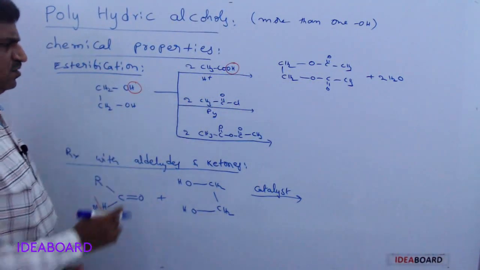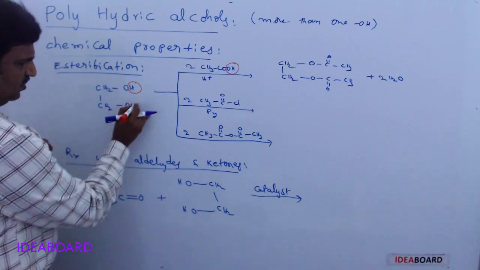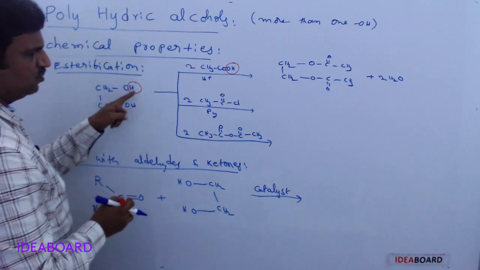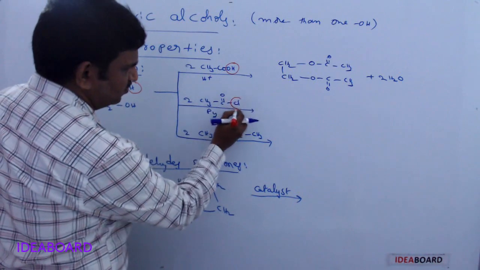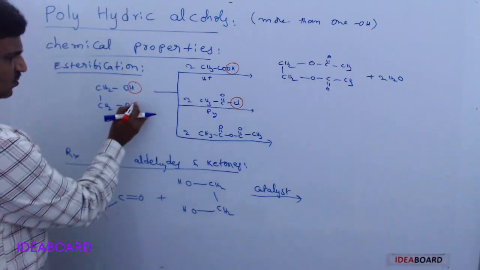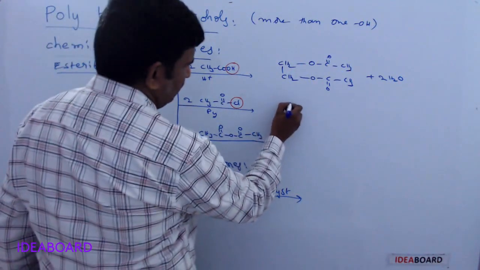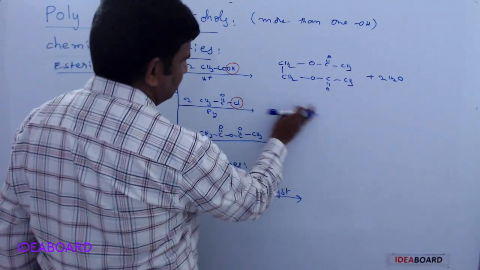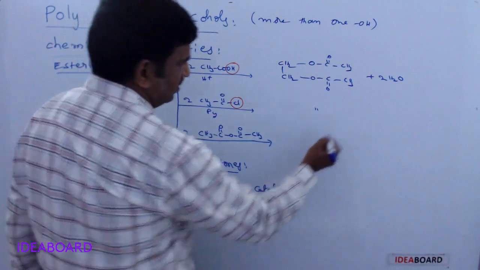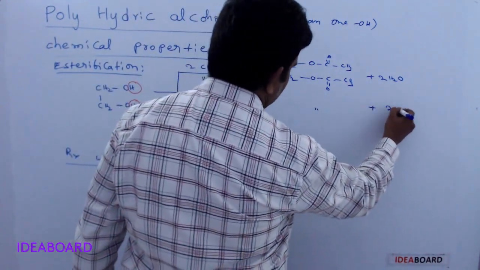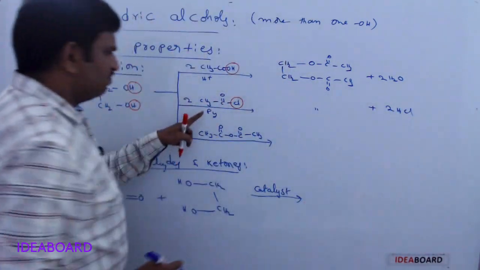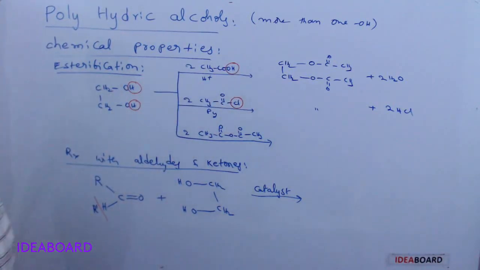Similarly, in this process, the H group and this Cl group are removed. And here also the H group is removed and again the second Cl group is removed. So what is the product? We will get the same product. The product is the same here, but the byproduct is two HCl molecules. The pyridine absorbs the HCl.